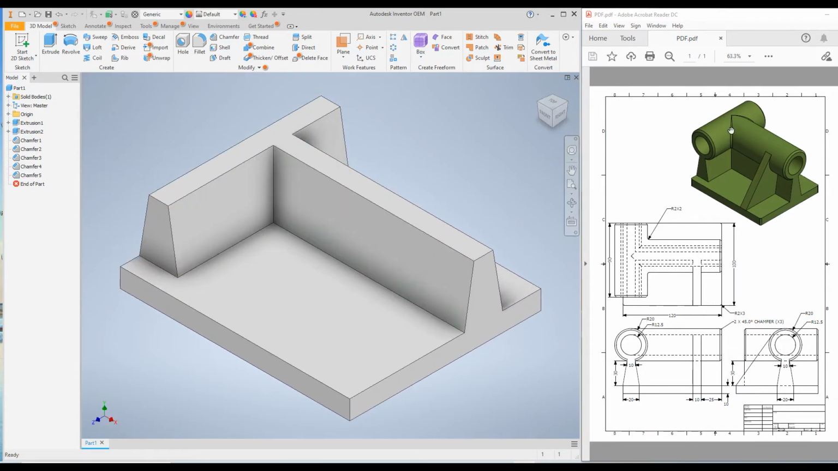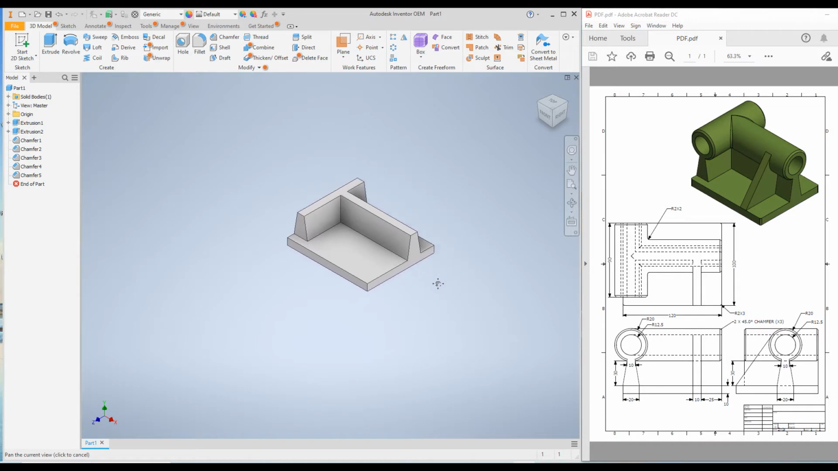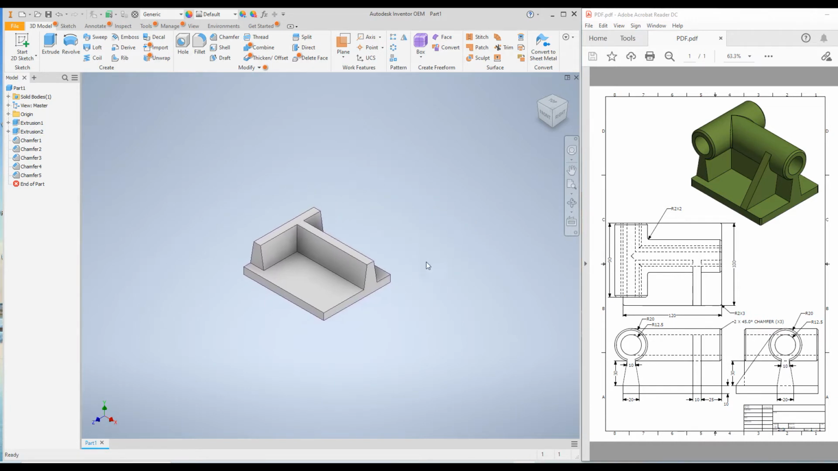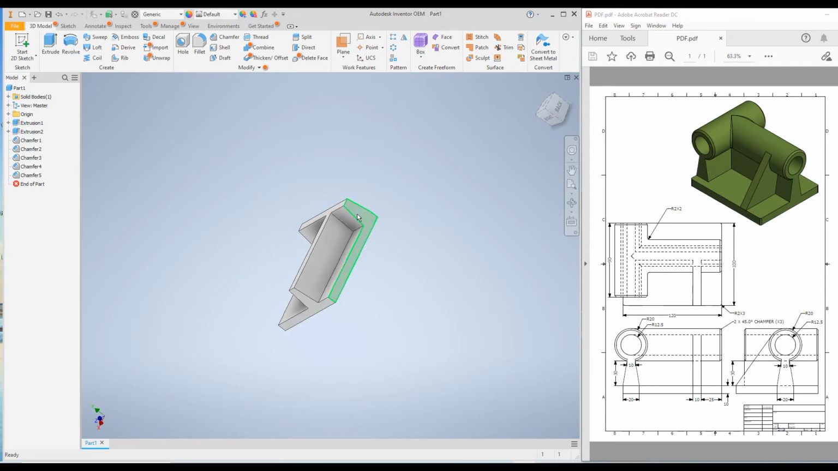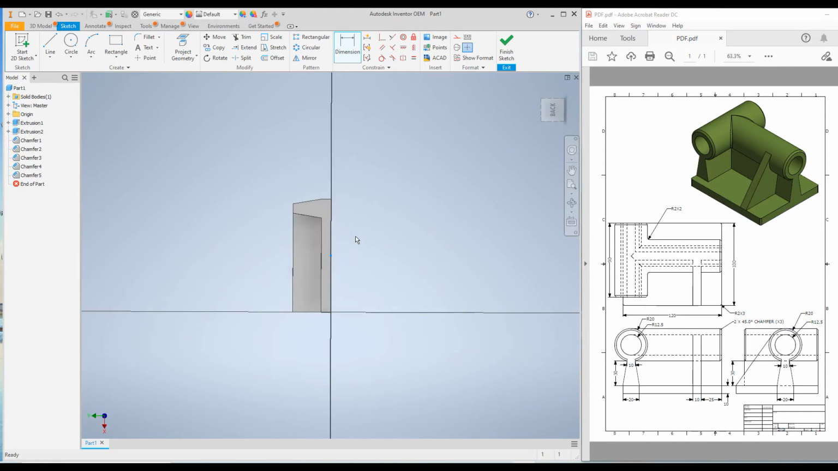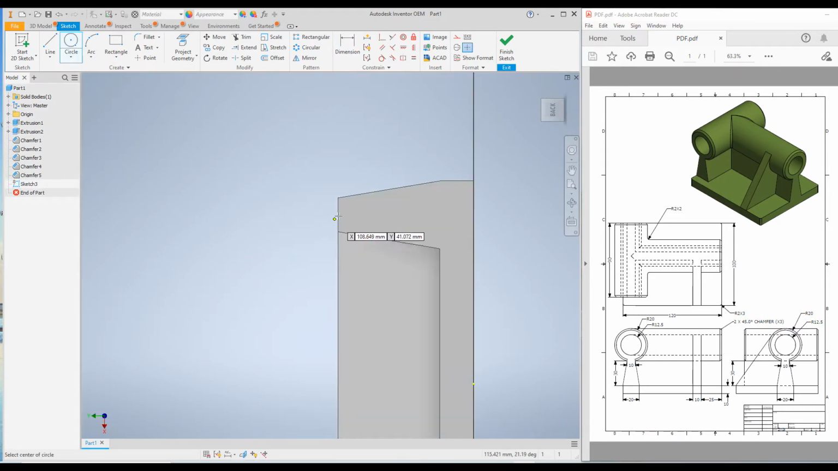Next feature is the cylinder. Let's begin with this cylinder. We have to create the sketch first. We can create the sketch either on this surface or on this surface. Select this surface, right click, select new sketch and go to circle and use the dotted support line to